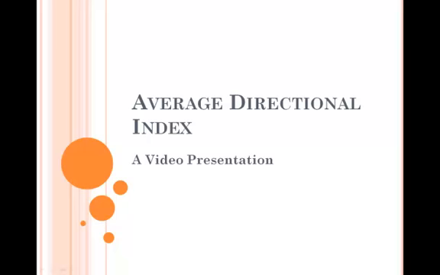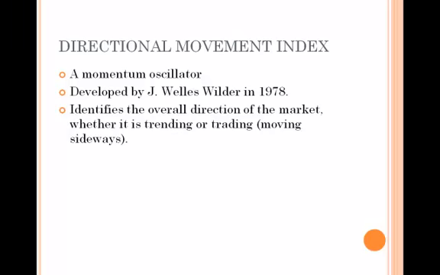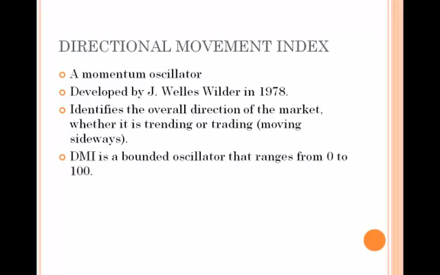Welcome to the introduction about average directional index. First, let me introduce to you the directional movement index or DMI. DMI is a momentum oscillator that was developed by J. Wells Wilder in 1978. This is to identify the overall direction of the market, whether it is trending or trading,